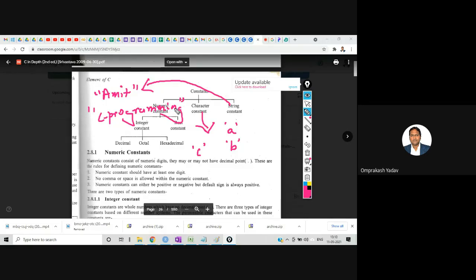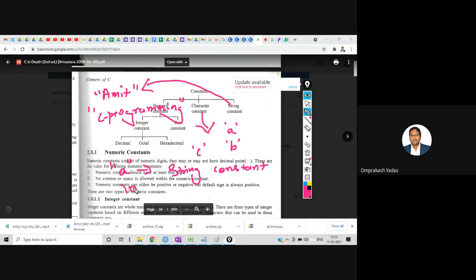Even if you are writing a single letter in double quotes, it will be treated as a string constant and not a character constant. Why? Because one thing you keep in mind, a string will always have the end character as a null character.